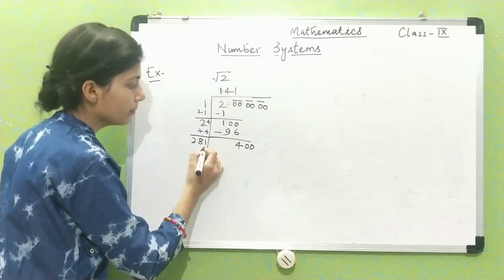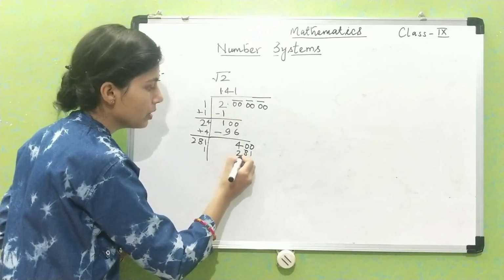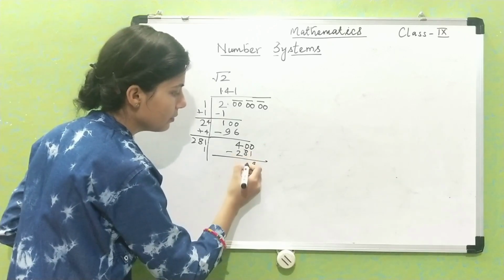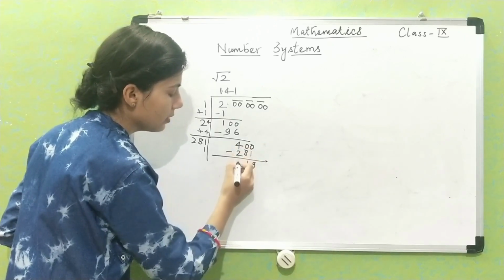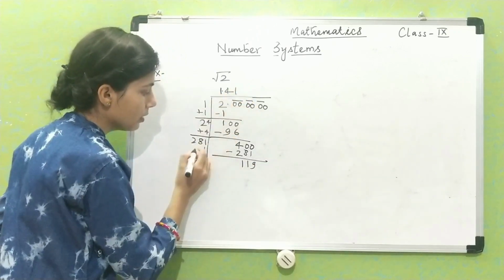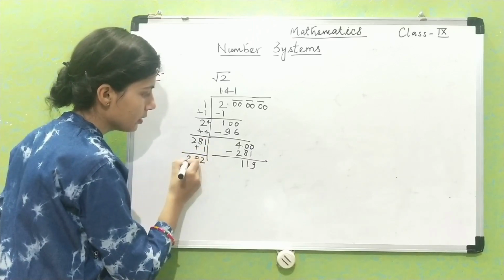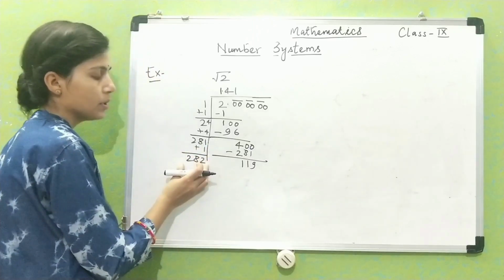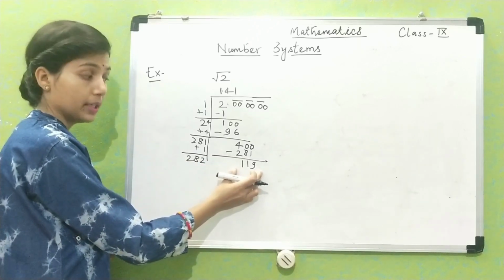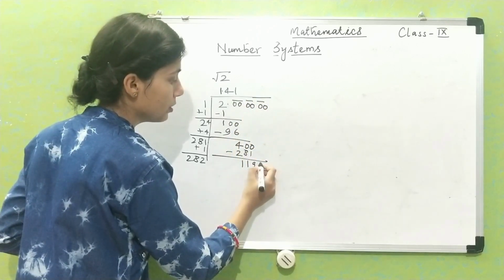1 1s are 1, 1 8s are 8, 1 2s are 2. 10 minus 1 is 9, 9 minus 8 is 1, and 3 minus 2 is 1. And you have to add this 1 here, 1 2 8 2. Okay, so 282, that is less than 119, oh sorry, greater than 119. So we have to again take 2 zeros.